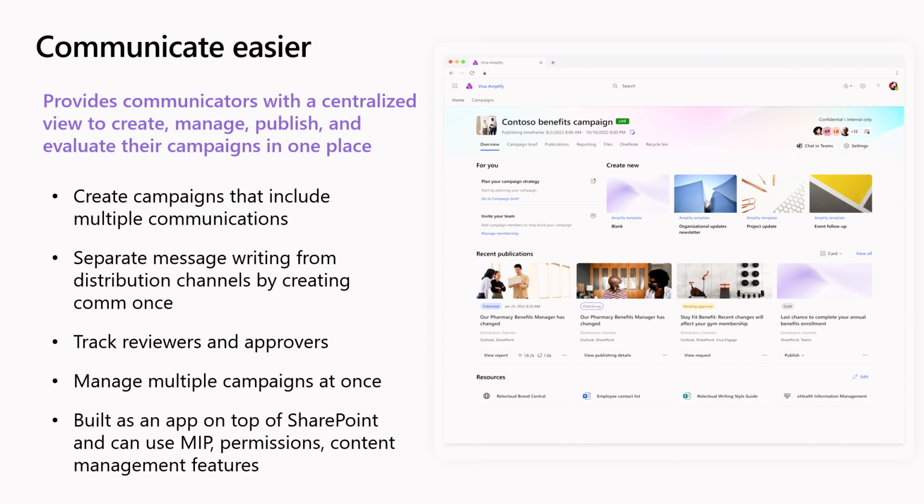When you think about communications here, we want to make sure we're sending out these communications and giving you the space to focus on your communication. So we've done a couple of different things. We've separated out the message writing, how I author all of that communication, from how I'm actually distributing it. As a communicator, you want to write that thing once and have it amplify in lots of different places, so I can tweak it for all the different distribution points I need to reach. If I need Teams, SharePoint, Outlook, Engage, or Viva Connections, I'm separating out that message authoring to make it really easy for people to do that.